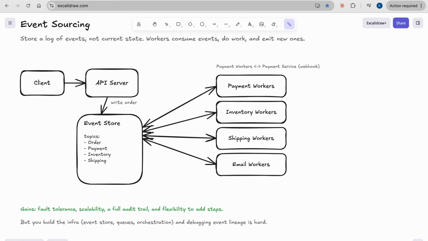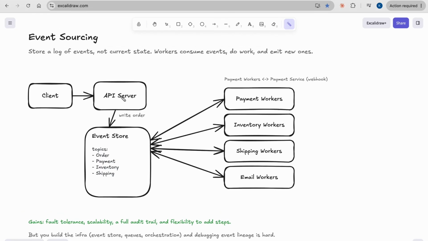So let's try to understand what this is. Here we have the client and the API server, and whatever we want to write, we write to the event store. We have topics: order, payment, inventory and shipping. Whenever we write an event for a specific thing, the workers automatically pick it up and do the job.